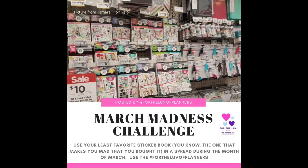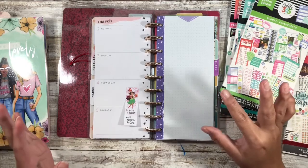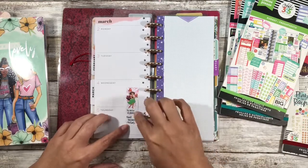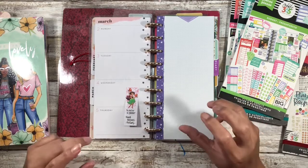I'll put a picture on the screen of the Instagram post that will be going out. Basically, March Madness, I think, deals with, okay, well, it's not football, I think it's basketball, in the traditional normal sense. But for the March Madness Challenge that we're going to be doing, it's the sticker book that makes us mad